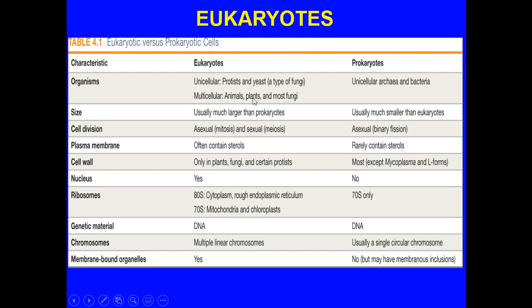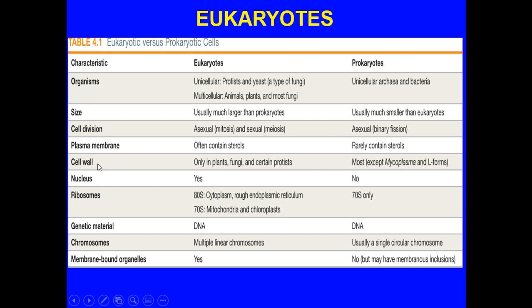Multicellular, they can be plants, animals, and most fungi. When you look at prokaryotes, they're all unicellular, and they're either from archaea or bacteria. The size comparison is that eukaryotes are usually much larger than prokaryotes. For cell division, it's either asexual or sexual, whereas in prokaryotes, it's always asexual and it's the form of binary